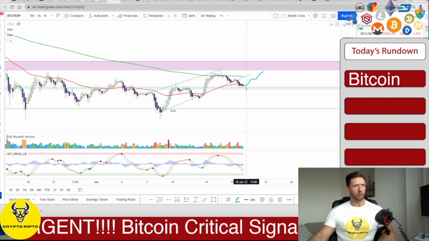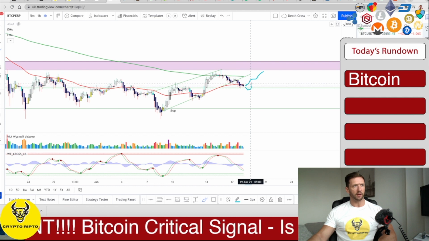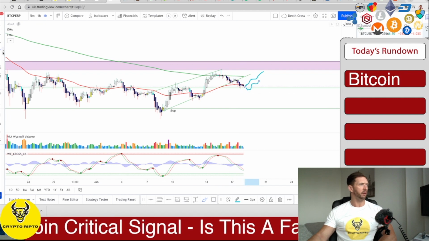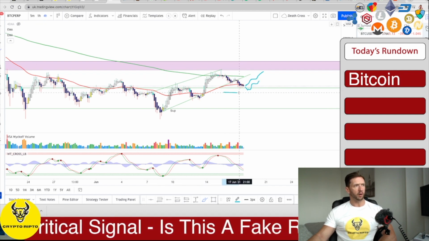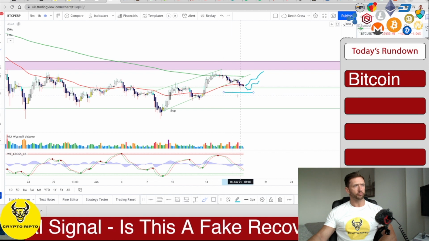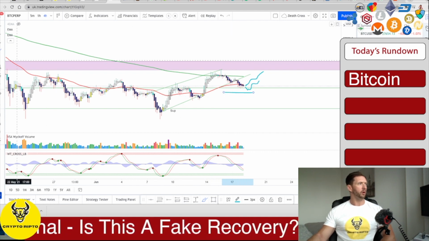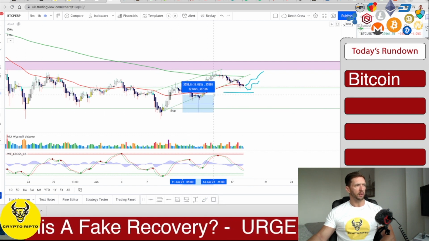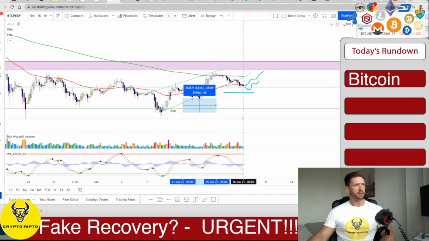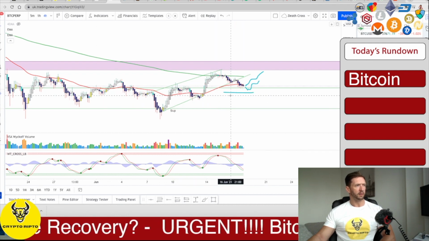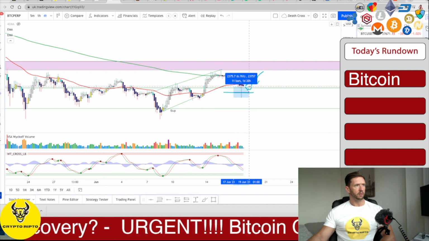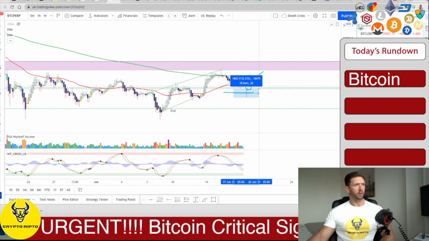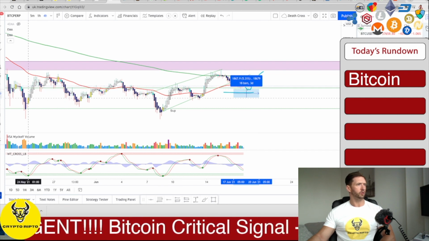So we could see a little pump, a little fake out, and then it could sort of come in, because anything above here, I think probably about here, would still put in a higher low. But if we're looking at the percentages of how these higher lows are going, we're just going to take body to body here. So we're looking at like 8%, and we'll just take body to body again. So yeah, and if we do this one just to confirm,